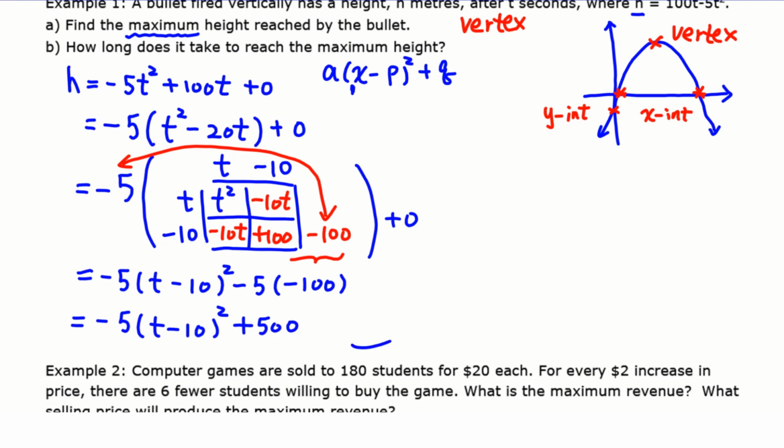Then from the vertex form, we know that the vertex is 10, sorry, p is the opposite of the number in the bracket, 10, and 500. And this is your t value, this is your h value. So we know that